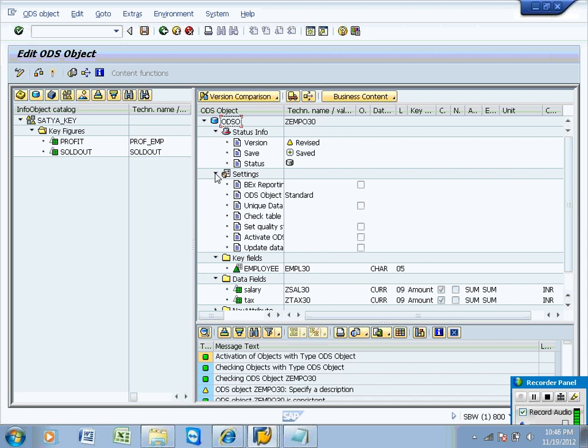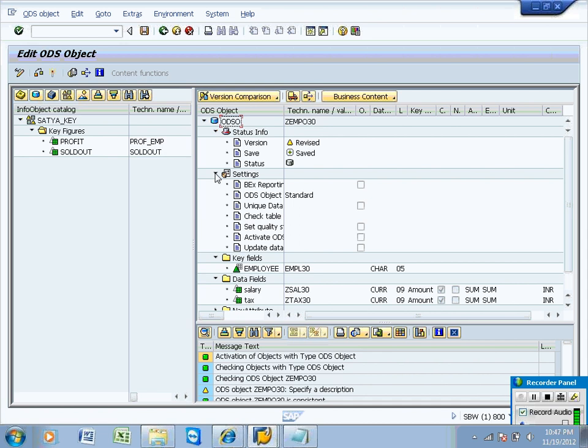So if you are using the ODS as a staging one, keep this unchecked. If you want to have reporting, then check this. If you don't check this one, the load will happen in a faster way. That's the reason don't check this one. If you want to have a report, then you need to check it. If you are generating a report, then only check this one. Unique data.